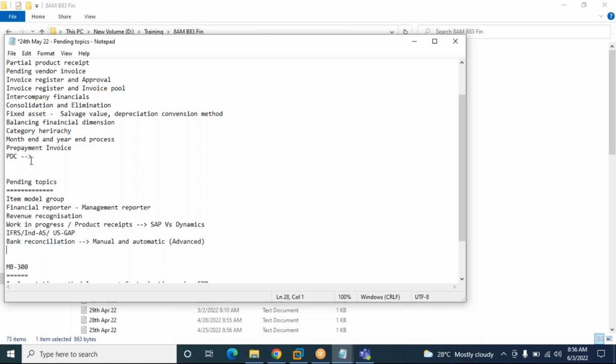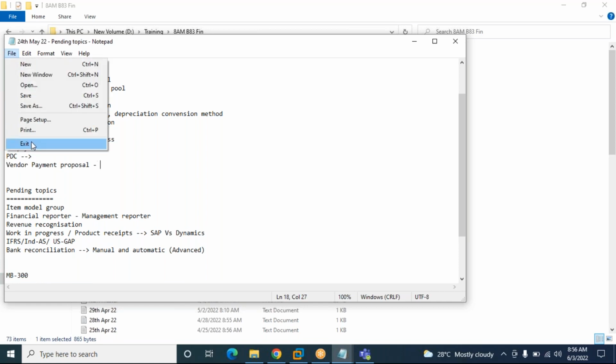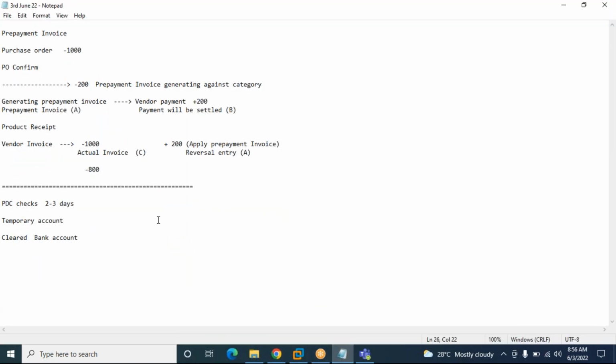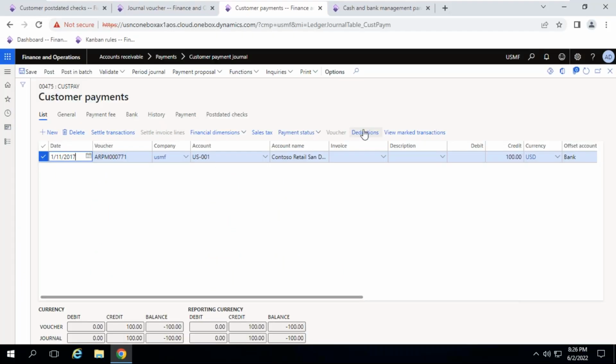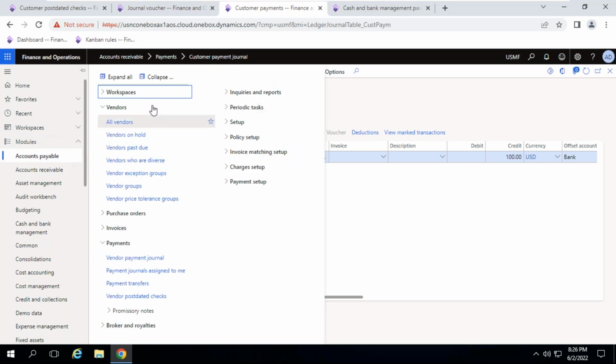Let me explain vendor payment proposal. I think I have explained this, but one of our colleagues asked that it is not covered, so I have written it as a pending point. This is a small one. Usually for customer payment, you are doing settlement transactions. For vendor payment,